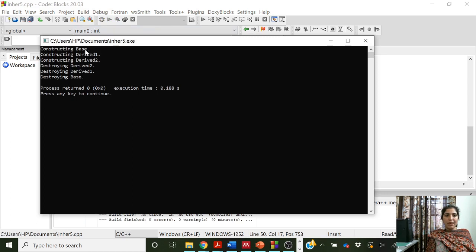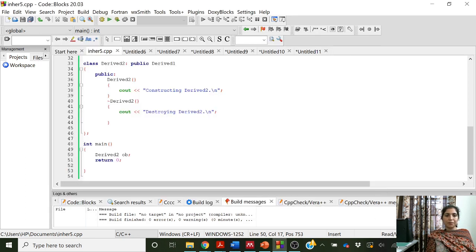So first of all base will be constructed, then derived 1 is constructed, then derived 2 is constructed, and the destructors are executed in the reverse order. So first derived 2 is destroyed, then derived 1 is destroyed, and then base is destroyed.